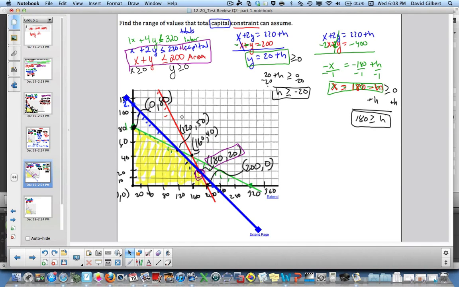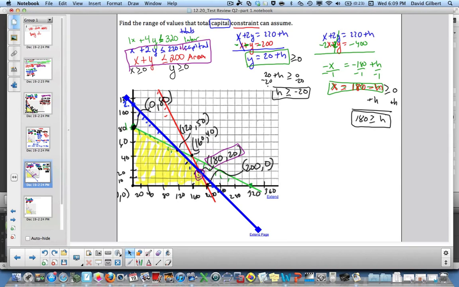So if there were only two lines, if we only had the x-axis, the y-axis, and then the red and the blue, and that was our entire system, we'd be done. h would have to be between negative 20 and 180. Since there's this third line, there's another constraint on h that we have to consider,